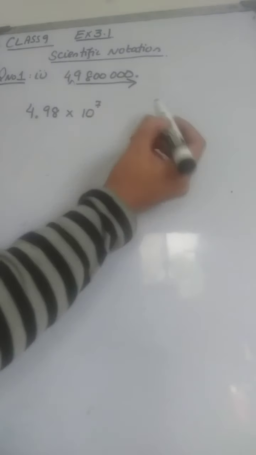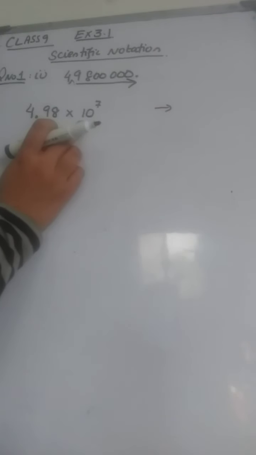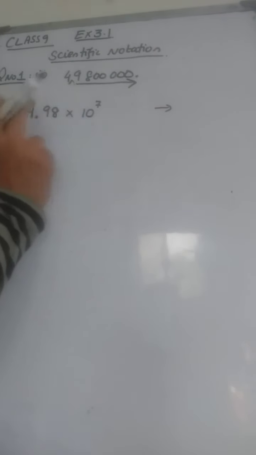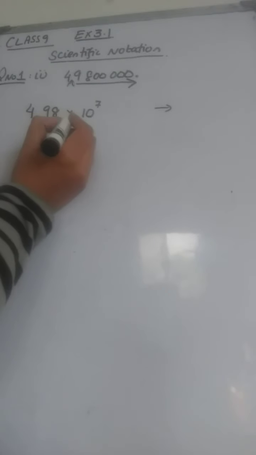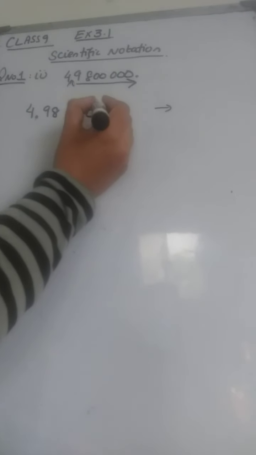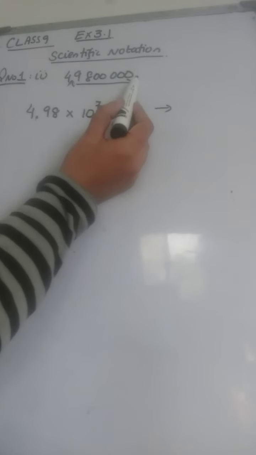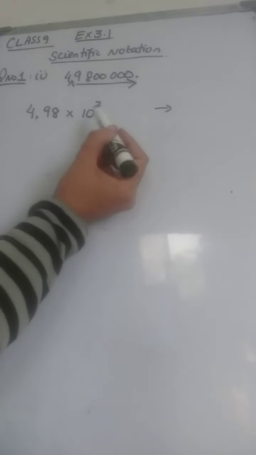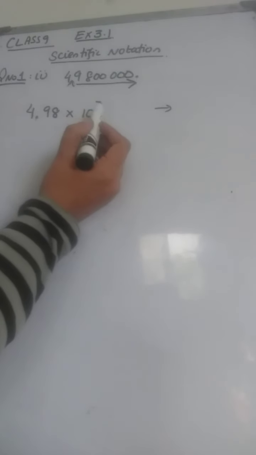If the arrow points towards the right, the base you are always going to write is 10. After removing this cursor sign, you replace it with the decimal point, and then you write into 10 raised to a power. How will you determine the exponent? By counting the number of digits between the cursor point and the decimal point. How many digits are there? 1, 2, 3, 4, 5, 6, 7. Now you are going to write 7, a positive 7.